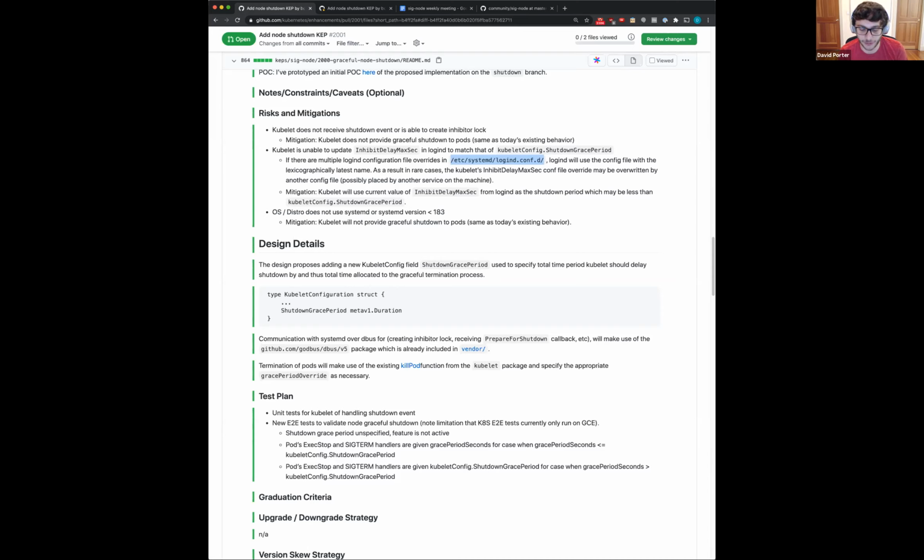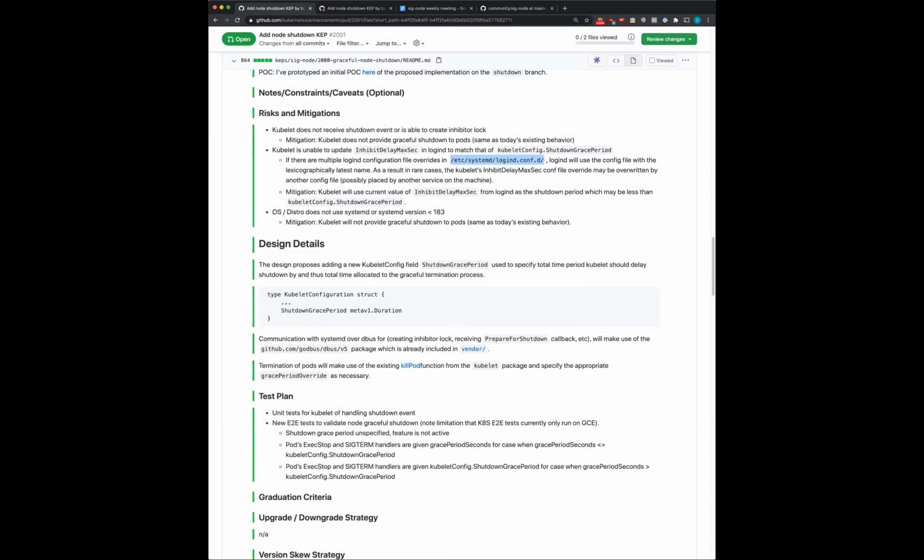Each cloud provider often has a metadata server that it can reach out to on the VM, but that's cloud provider specific, right? The benefit here is that this is hooking directly into the ACPI event, which works across every cloud and bare metal as well. So that's kind of the idea.